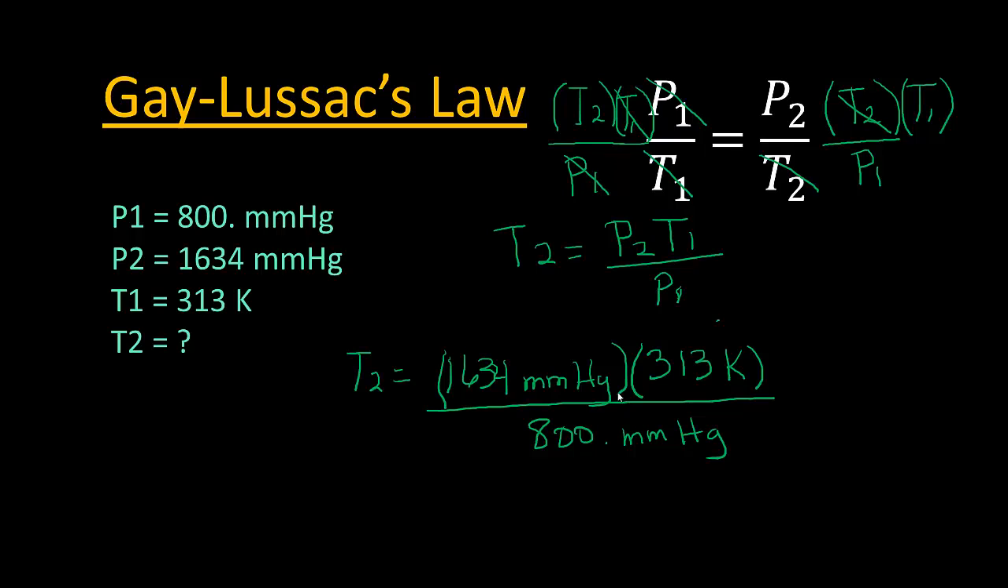Now let's cancel our units. We have millimeters of mercury on top and millimeters of mercury on bottom, so they go away and cancel. And I'm left with Kelvin, so my new temperature is going to be in Kelvin. So I'm going to take 1,634 times 313 divided by 800, and my new temperature is